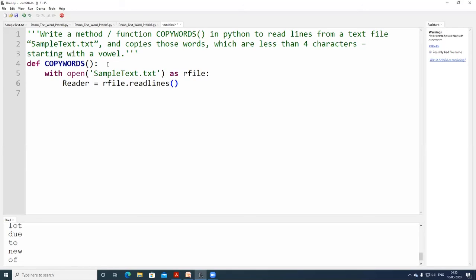Here, if you note, I have to open one more file for writing. I'm going to read this content. Whenever I check a condition and it is true, I will write those things into another file rather than printing them on the screen. So I will open the other file with open.